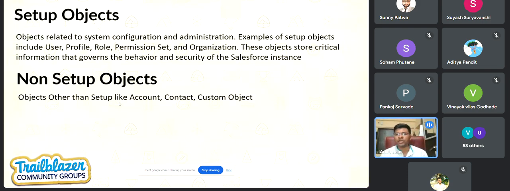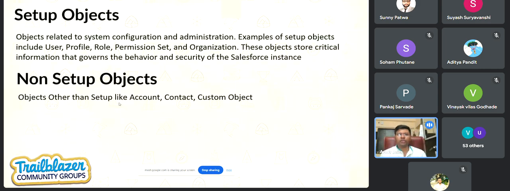Now, for those who don't know about mixed DML, the mixed DML error comes up when you have setup and non-setup objects and you are doing a DML operation on them. Suppose you're inserting a user and also inserting an account in the same transaction. Then you get an error. Now someone will ask, what are setup objects? Setup objects are directly user access related things, like user, profile, role, permission set.